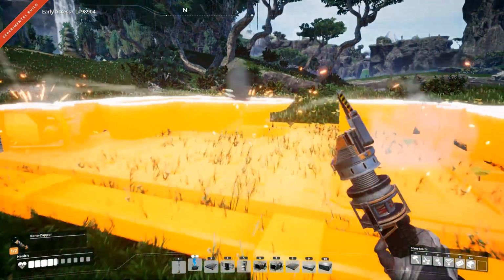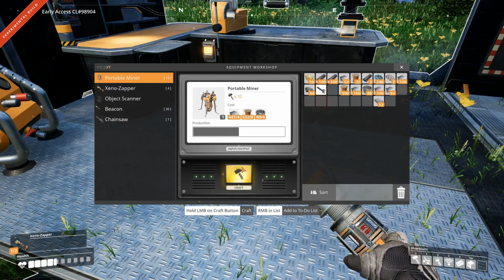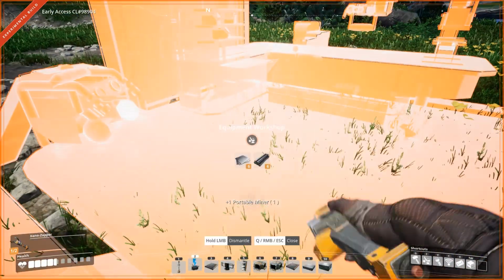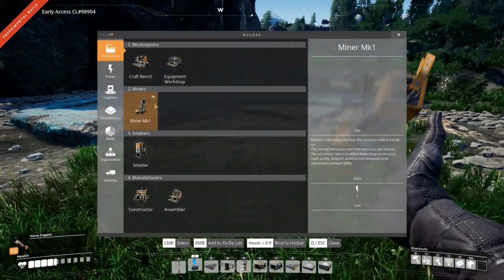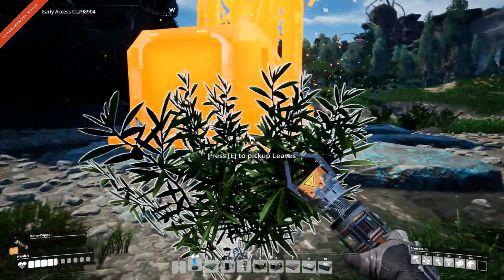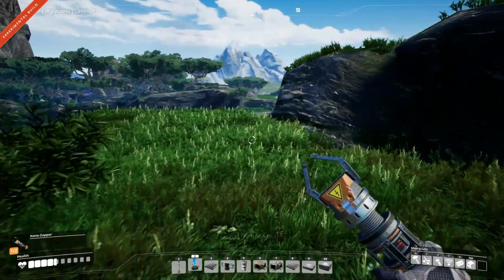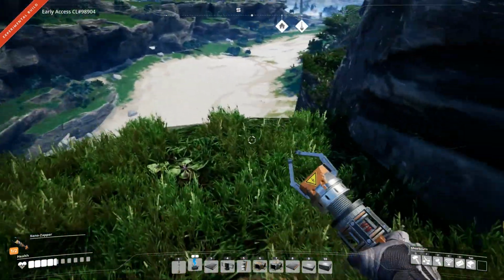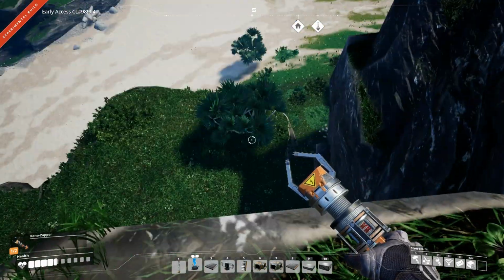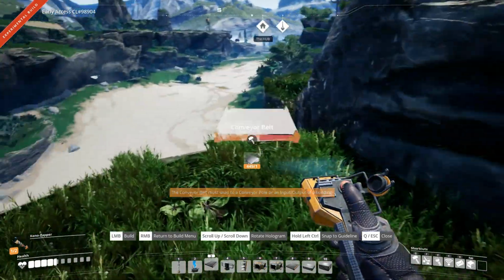If I just plonk down the workshop right here, then make a portable miner. Take that back down, then place the miner. Yeah, that's gonna work. So this is a Mark 1 miner for now, so a normal conveyor belt is going to be fine as well. Now I don't really know how I want to do this,